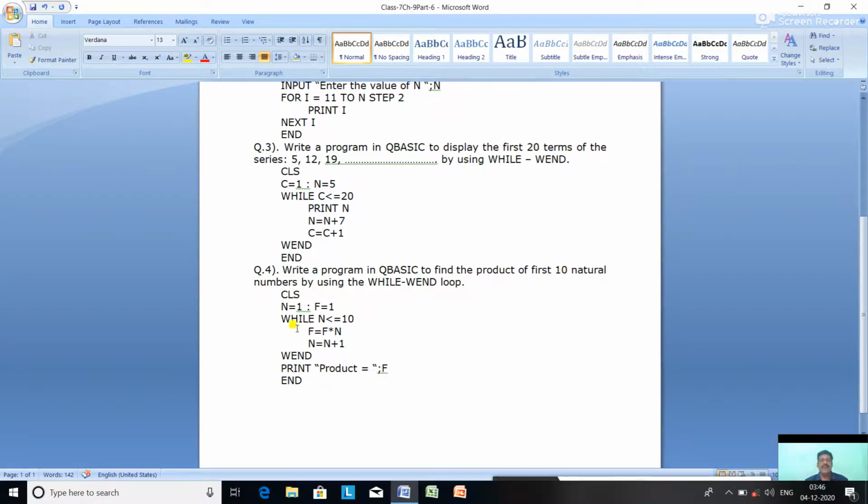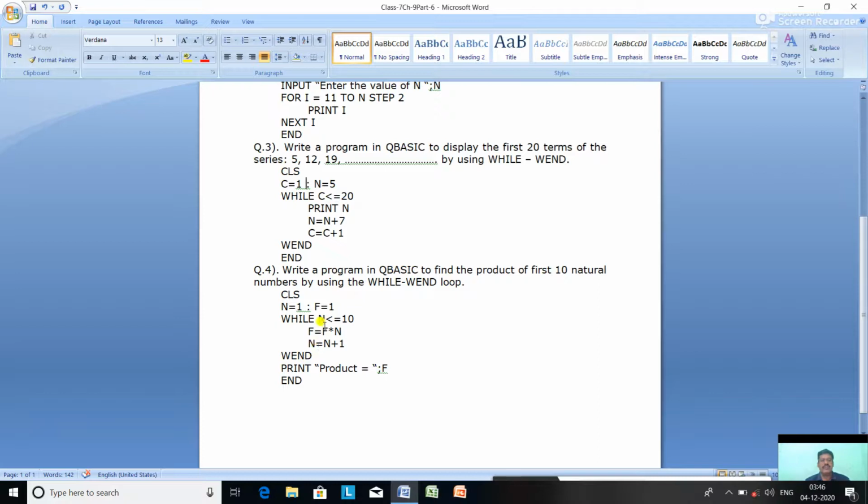We use the while wend loop. CLS, N equal to 1, F equal to 1. While N less than equal to 10, F equal to F into N, N equal to N plus 1. The N value is 1, the F value is 1, 1 is less than 10, yes, so F equal to F into 1, 1 into 1, 1 only. Now N equal to N plus 1 means 2, and it goes up.